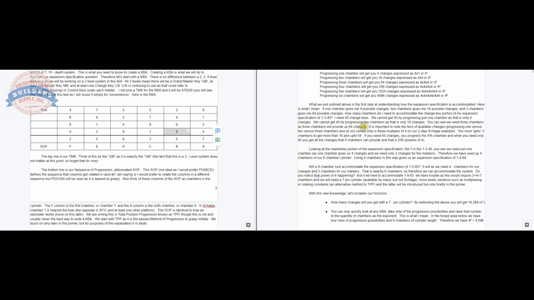64 changes. It is important to note the tiers of available changes. Progressing 1 versus 2 versus 3 chambers and so on comes only in those multiples of 4 because we're doing a 2-step system. Doesn't have to be Schlage, but a 2-step system. You must go to 3 chambers to get more than 16 and up to 64. If you need 65 changes, you progress the 4th chamber, and while you need only 65, meaning just 1 more key,